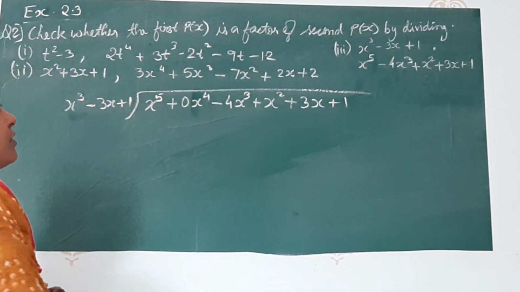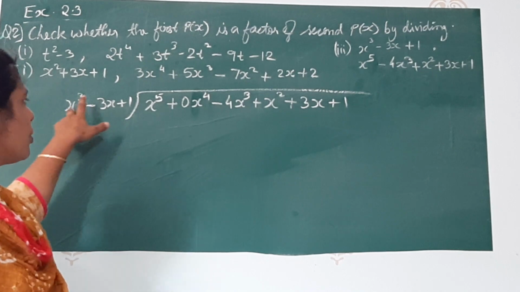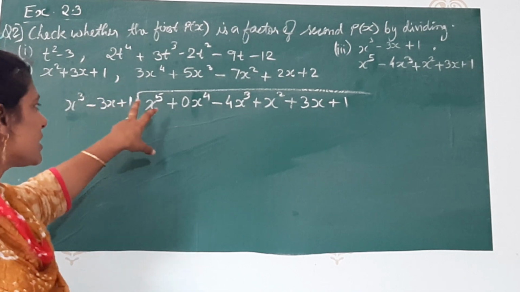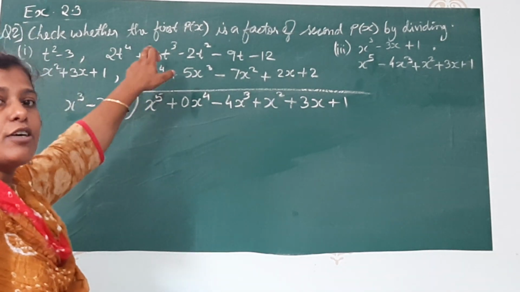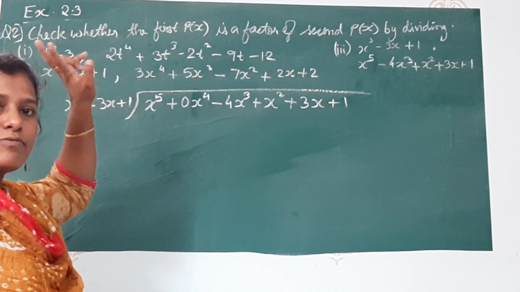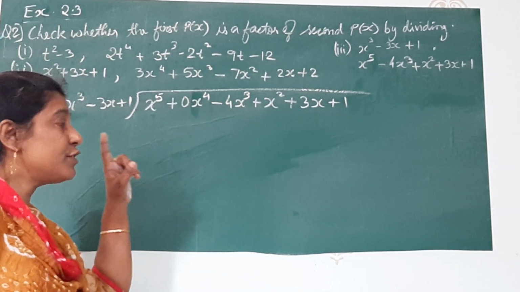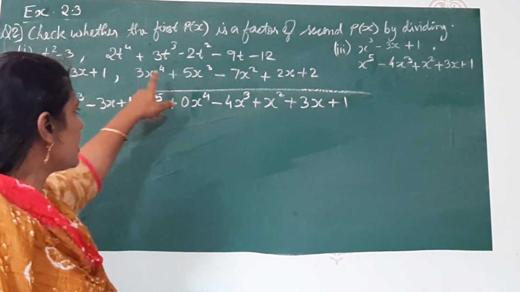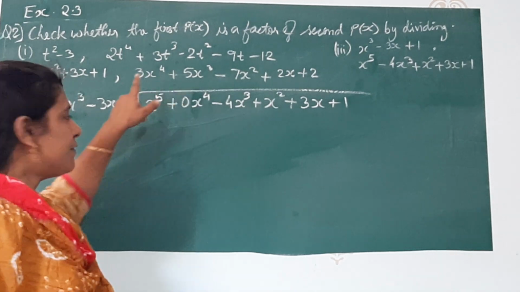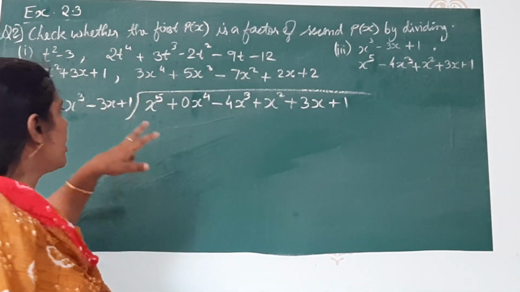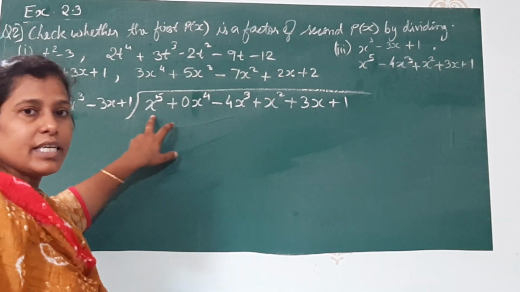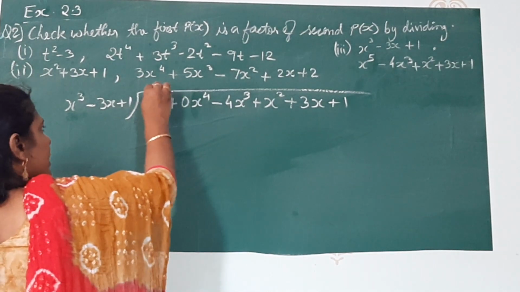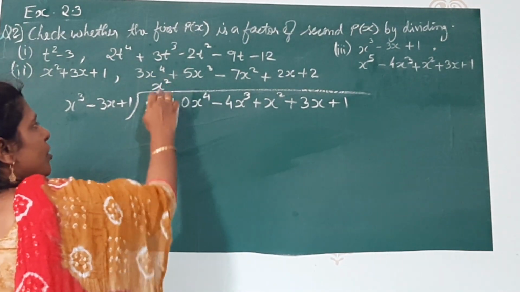Okay, now first we will start with the first term x cube, first term x power 5. See, here the first term is positive, so we will use the sign of the first term in the dividend in the question. Okay, in the last exercise which I have given you as homework, I have specified clearly: when the first term of the divisor is positive, the same dividend sign should be taken. If it is negative, we have to take the opposite sign. Here also we have positive, so we will take the same sign. Here the first term is x power 5, here the first term is x cube, missing is x square. Okay, now this will be positive, same sign.